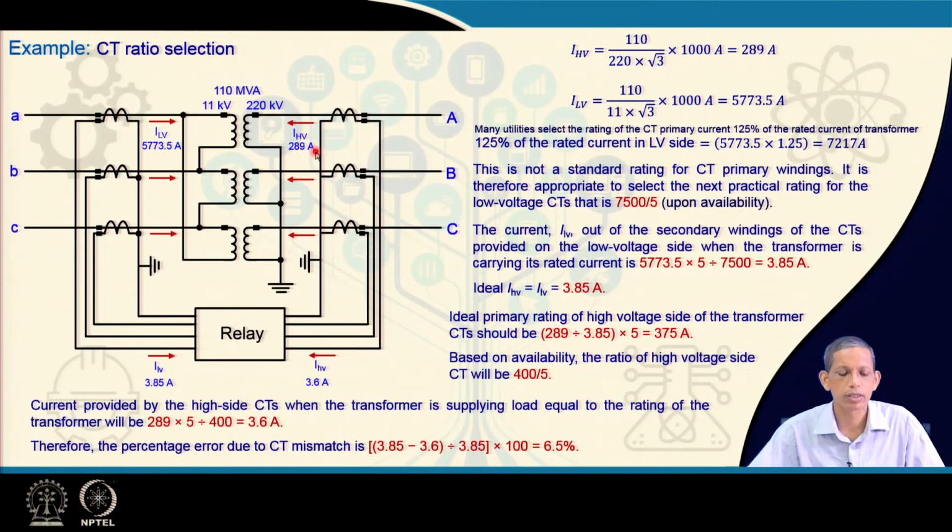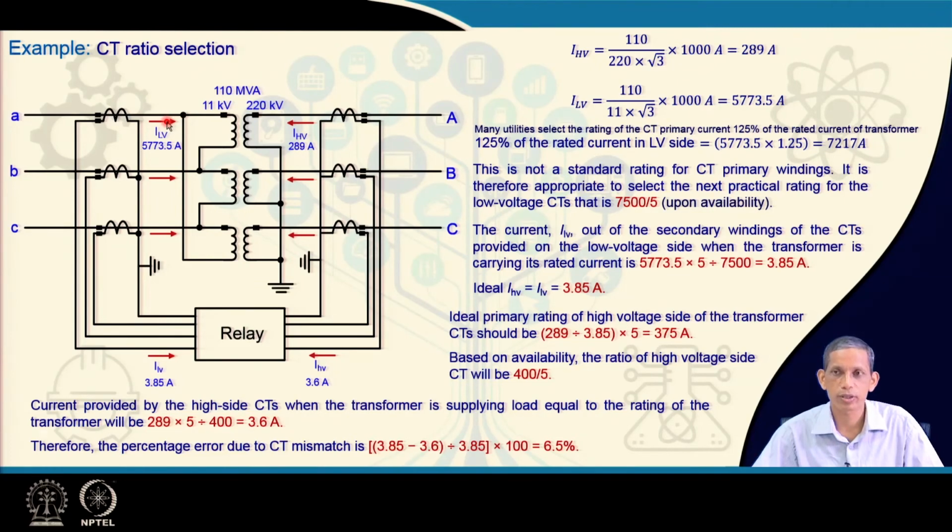So, the task here is the CT selection, that is, the choice of CT for the particular differential relay application. Let us come to the high voltage 220 kV side. The transformer is rated 110 MVA, so the corresponding full load current in the line side equals 289 ampere. On the low voltage side, the 11 kV side, we consider the full load current in the line side,